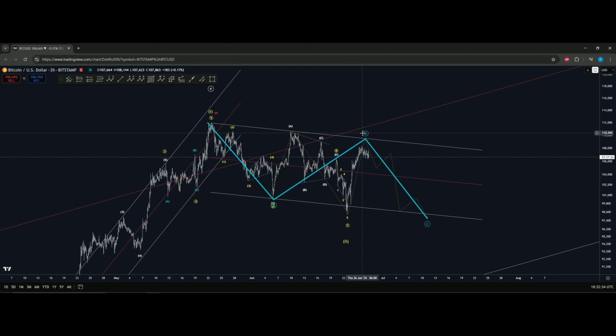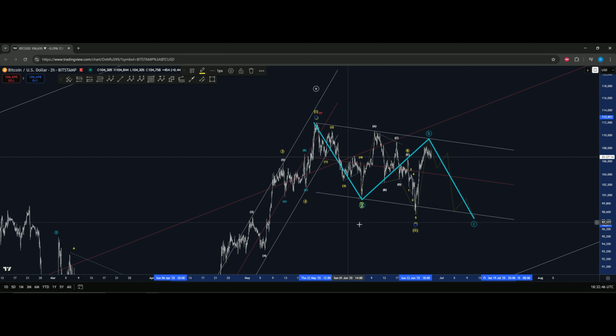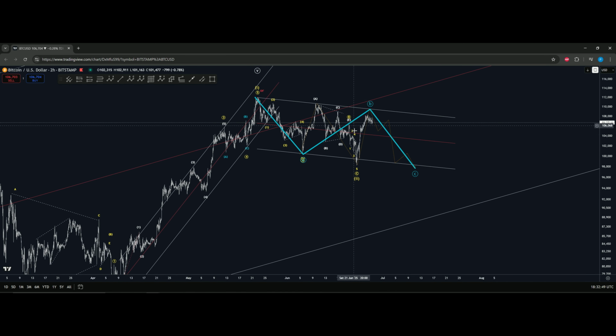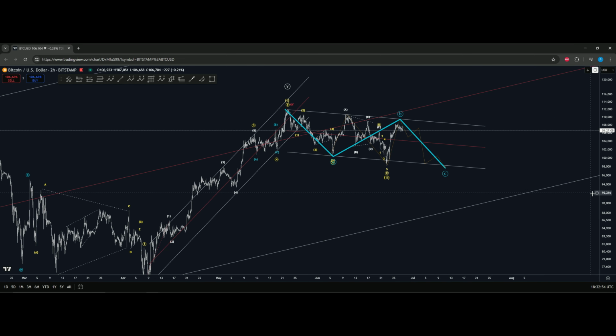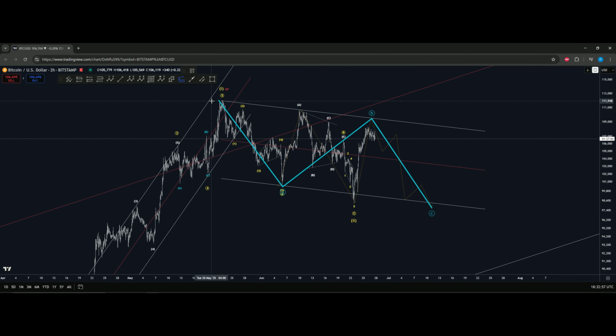So this is why I'm keeping the blue count as an alternative out there. If this is an A, B, C, that means that there is a potential of an ending pattern, right? If we have a complete three-wave structure, we could call something like, hey, this is done. Especially with the fact that if you measure the algos from the origin here to the first drop, the highest pivot is here, and then you project it somewhere around there, you have a one-to-one move from here, there, all the way here. It goes a bit further, but you get the gist after having this reaction.